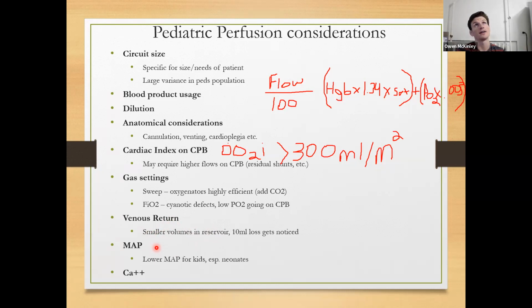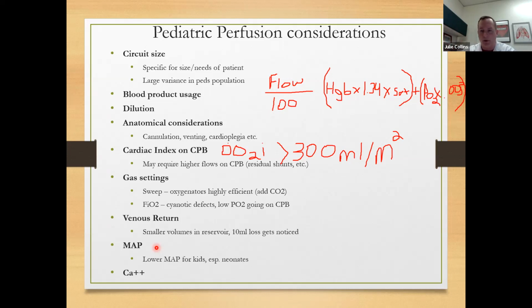They have a very high level of vascular compliance because since they're so young, they haven't had time to calcify. So lower means get transmitted peripherally very easily. They get really good perfusion with lower means. Whereas an adult that has had peripheral vascular disease, with less compliant, stiffer vessels, you need that higher pressure